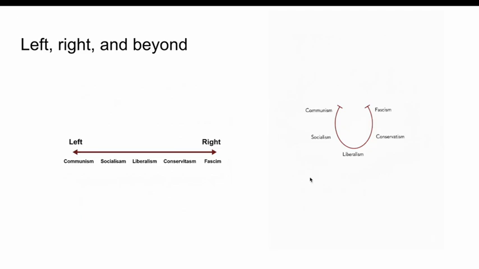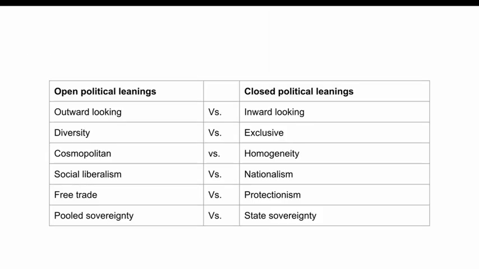As your book had mentioned, another possibility is this horseshoe, right? That maybe people who are on either extreme of this left-right dimension are closer to one another than the folks who sit in the middle. We could maybe think about open and closed political leanings, and this really gets brought into the conversation when we think about globalization, which is an interconnected world in terms of transportation and economic systems and financial systems, et cetera, right? Are we more outward versus inward looking, et cetera?